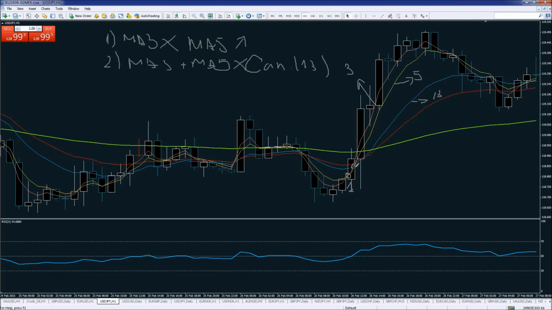And as we can see, the crossover of the channel is over here. Somewhere here is the crossover of the whole setup, and the channel cross comes right over at this point where we have the first crossover of the two moving averages. What I mean by channel means that